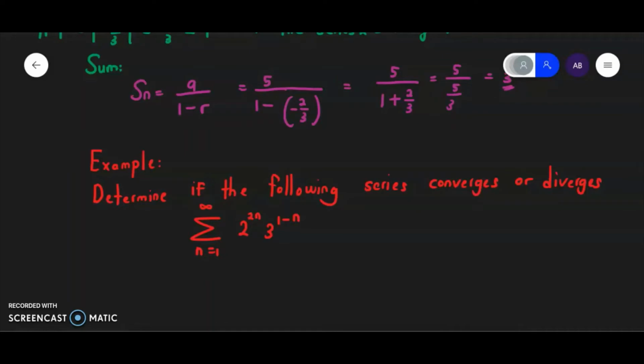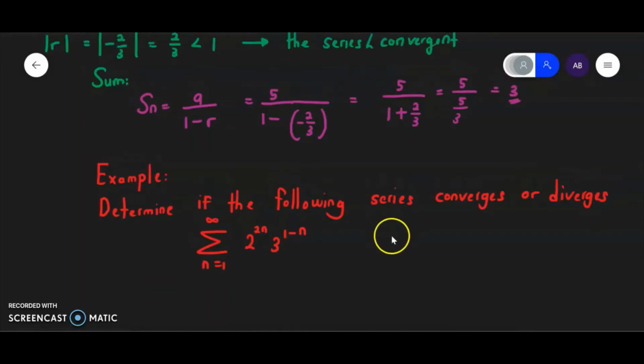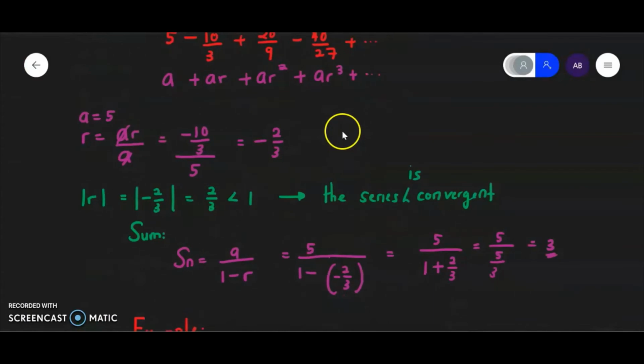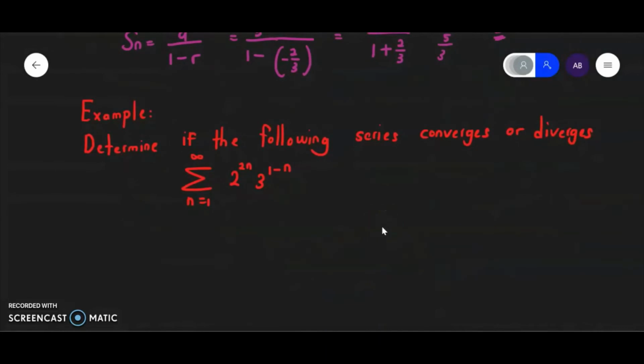Now, this is a bit difficult, right? How can I do this? Okay, now you can start examining the sum of the series here when n is 1, and so on. But if you look at the term here, is it a geometric series? Now, how do you know if it's a geometric series? Obviously, you'll have something to the power of n, right? So I need to do this. So I need to rewrite